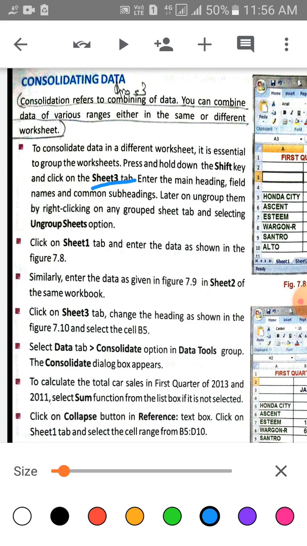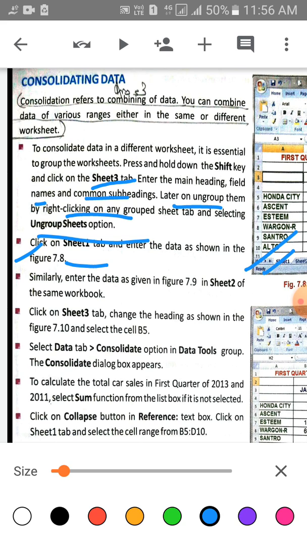Enter the main heading, field name, common subheading. Later on, ungroup them by right clicking on any grouped sheet tab and then selecting the ungroup sheets option. After that, children, click on the sheet 1 tab and enter the data as shown in figure 7.8.